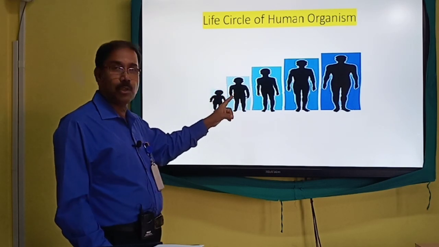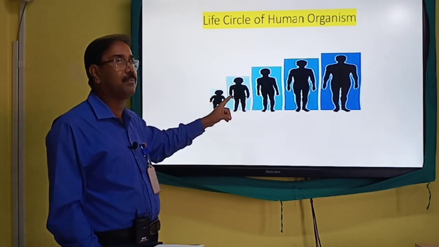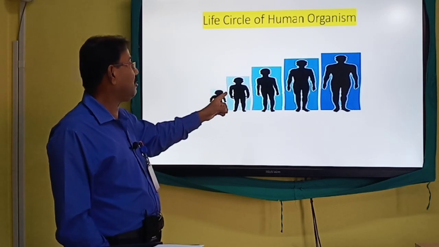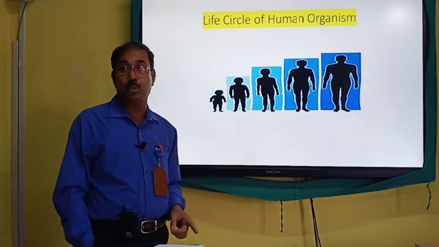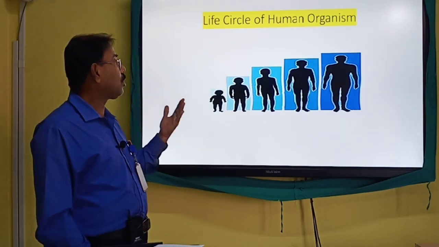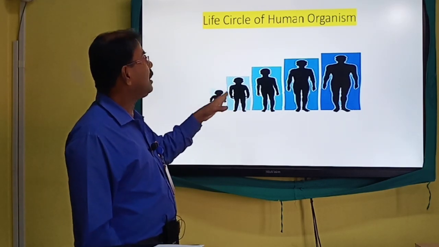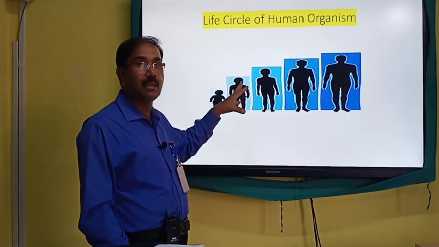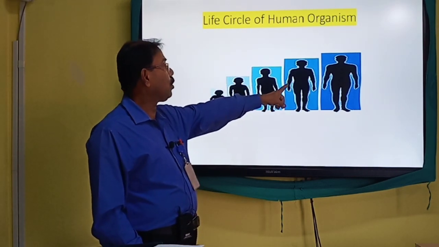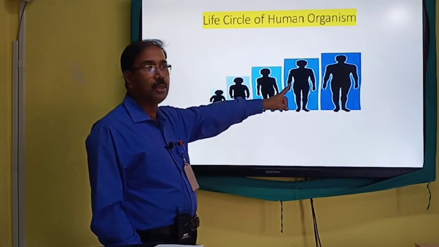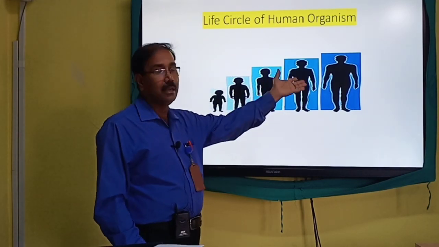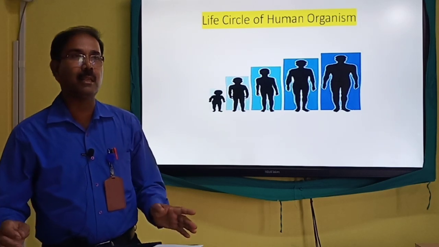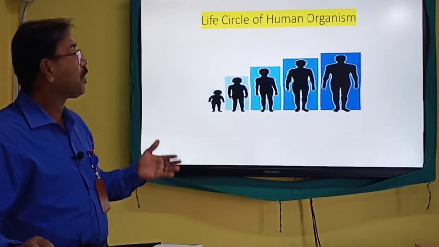This is the stage of childhood, which begins just after the completion of infancy, up to 11-12 years of life. And thenceforth, this is the stage of adolescence, which begins just after crossing 11-12 years, and it continues till 18-19 years. And this is the grown-up stage, which continues from 18-19 till 40 years. And thenceforth, this is the final stage, the mature stage of maturity.